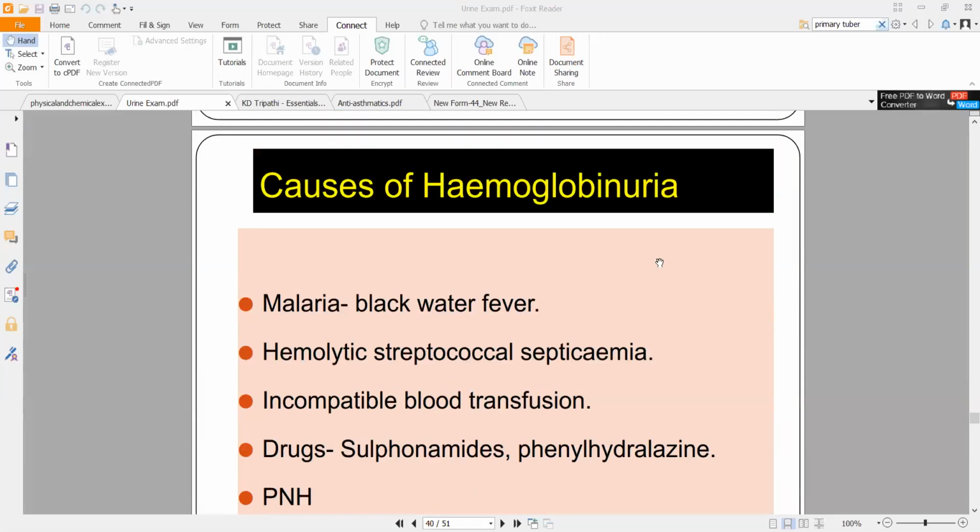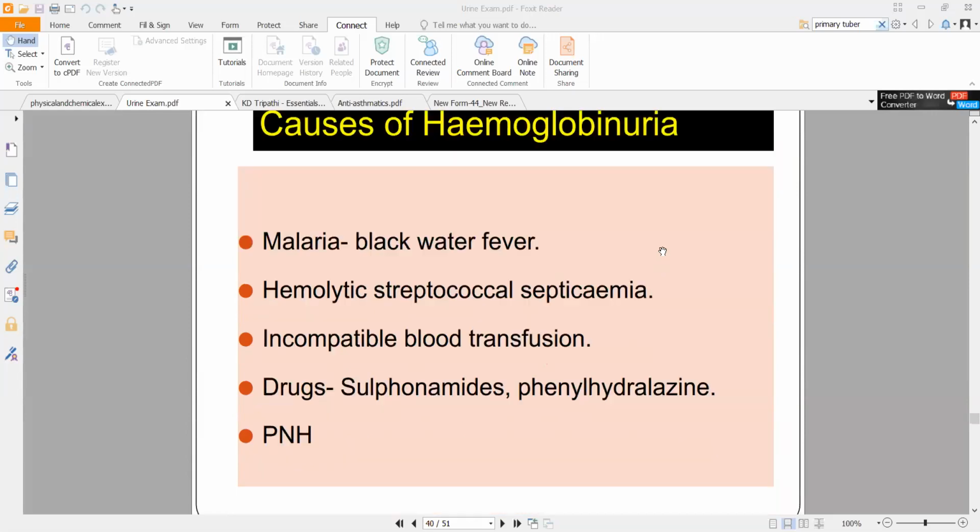Okay, so what causes hemoglobinuria is one, malaria. Directly, if you know, I'm not sure if you have studied it in intermediate, but the Plasmodium vivax life cycle and all was there in intermediate. I'm not sure if it is still there or not. Yes, sir. It is there in the state syllabus in Telangana. I'm not sure about the other states.